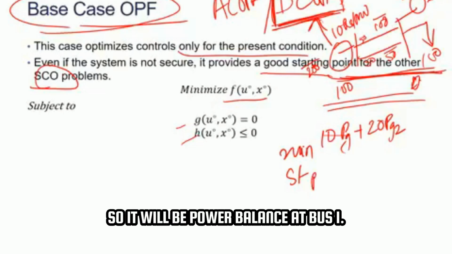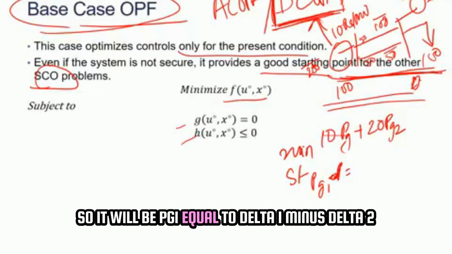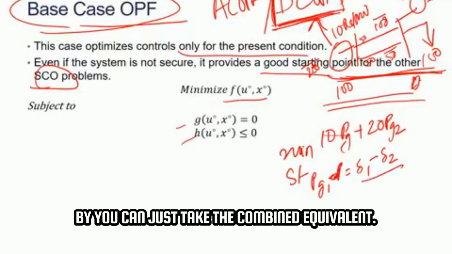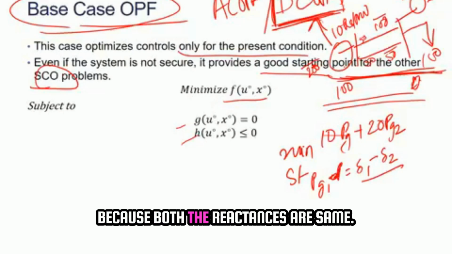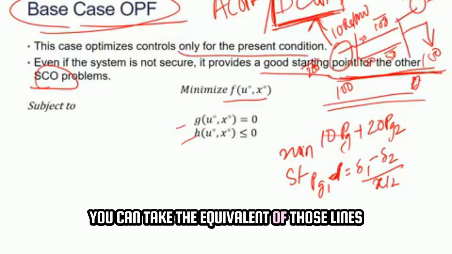It will be the power balance at bus 1. There is no load here, so Pg1 equals (delta1 minus delta2) by, you can just take the combined equivalent, because both the reactances are the same, it will be x by 2. You can take the equivalent of those lines,